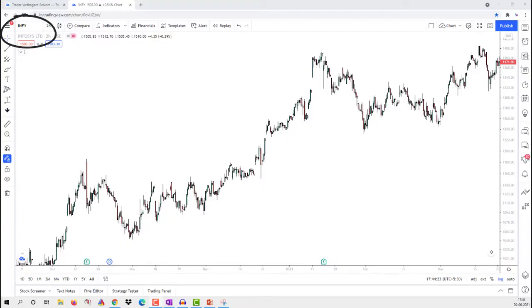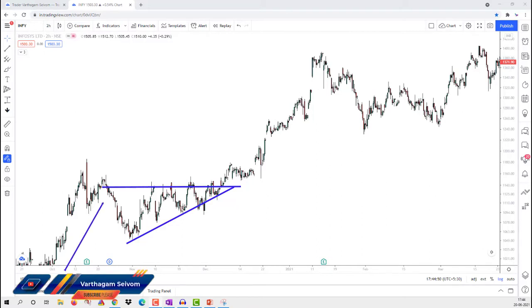This is the chart of Infosys. In this chart, we will see how to draw the ascending triangle pattern for bullish and bearish variants. First, we are going to see the example for the bullish variant. To draw the triangle pattern, we have to draw two trend lines. The first trend line is static resistance, and the second trend line is dynamic support. The first condition of this pattern is that the beginning of the pattern should form in an uptrend only.